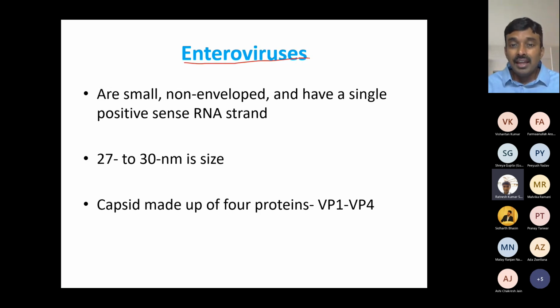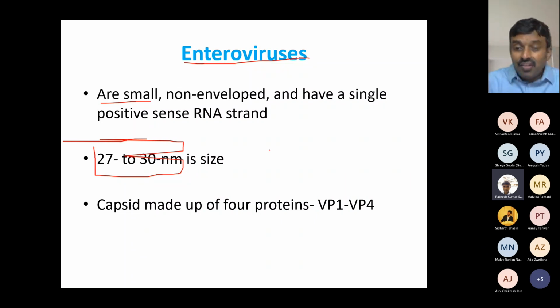What about polioviruses? They are small viruses, like I told you. Their size is also at the smaller end. Not only their genome size, the virus size is also at the smaller end. The genome size is only 7 kilobases, which is among the lowest end of RNA viruses. The virus size is also around 25 to 30 nanometers, which is again at the smaller end of virus size range, which ranges from somewhere from 350 nanometers to about 20 nanometers. That's the size range of viruses. So they are at the lower end of the size as well.